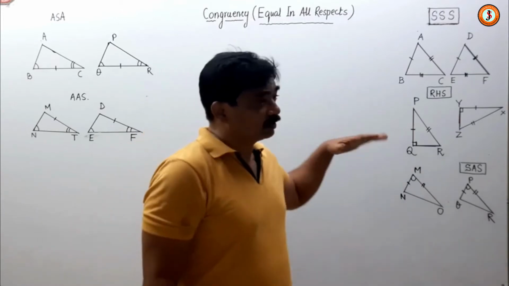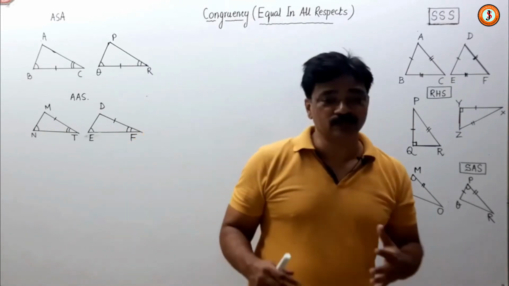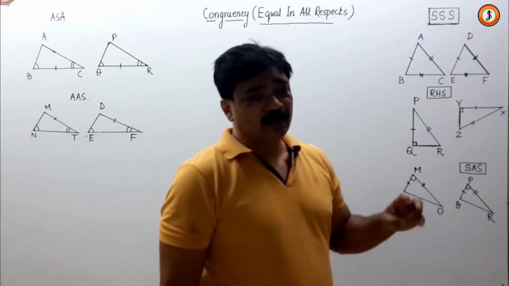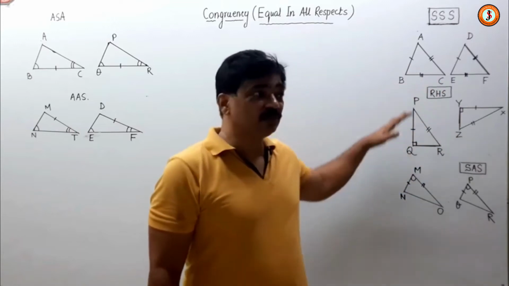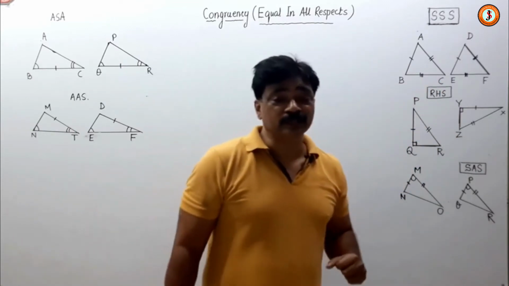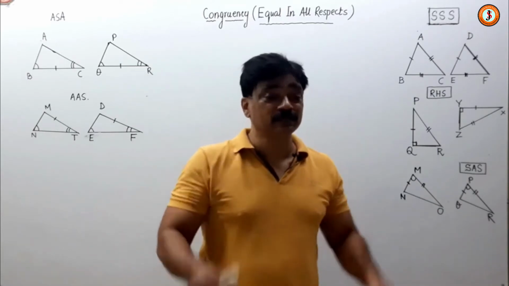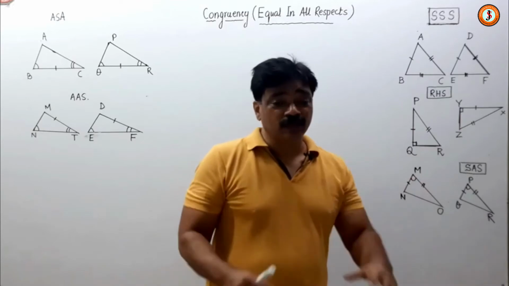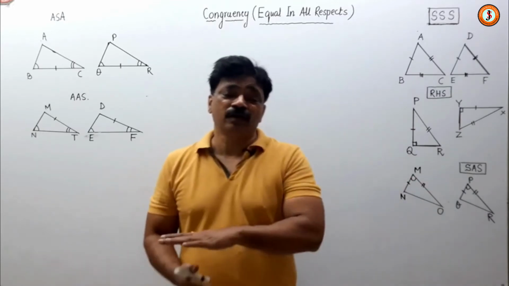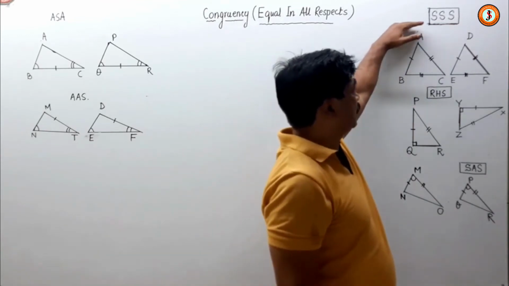In the same way, now we are turning to triangle congruency. Triangle congruency basically has 5 criteria. If two triangles have any one of these 5 criteria applicable, then they are congruent to each other. That means they are equal in all respect. That means if you cut both the triangles and keep them carefully with certain alteration, they can completely cover each other. So the first criteria is side.